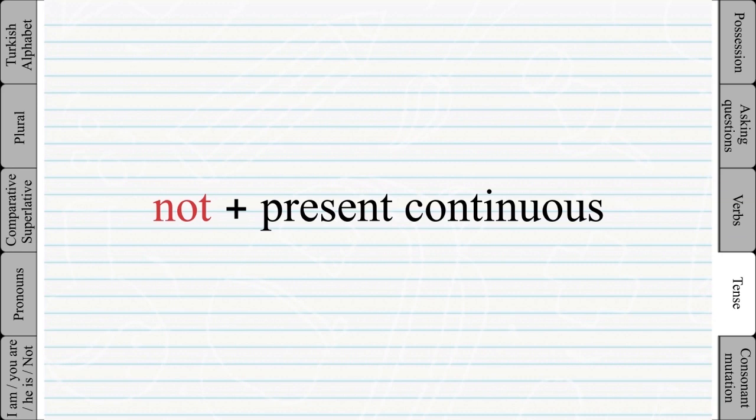To make the present continuous tense negative is super simple. You only have to add the letter M after the verb root. Example: